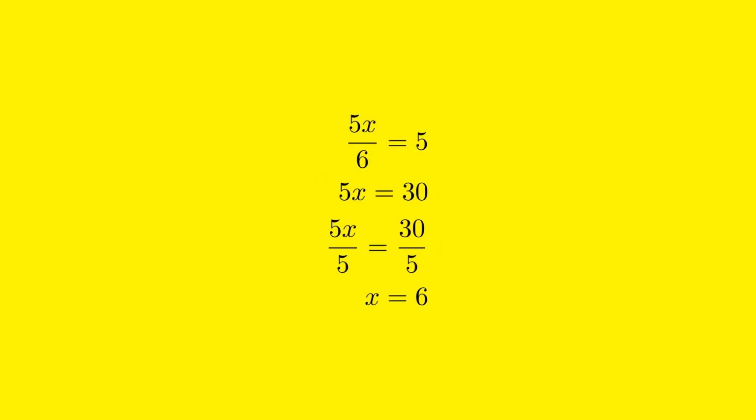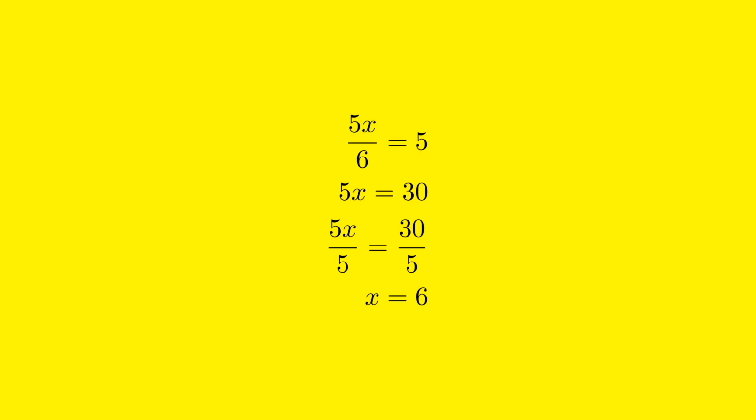In step 2 of solving the equation 5x over 6 equals 5, now we are left with the simplified equation 5x equals 30. Our goal is to isolate the variable x, which currently has the coefficient 5 attached to it. To isolate x, we need to perform the opposite operation of what is being done to x. In this case, x is being multiplied by 5. The opposite of multiplication is division. Therefore, we need to divide both sides of the equation by 5 to cancel out the coefficient on the left